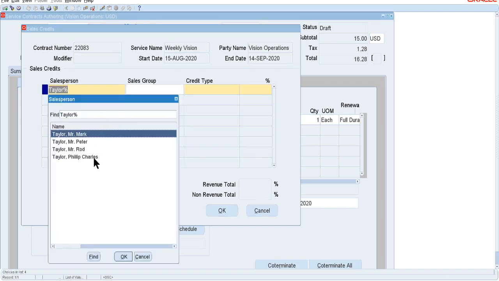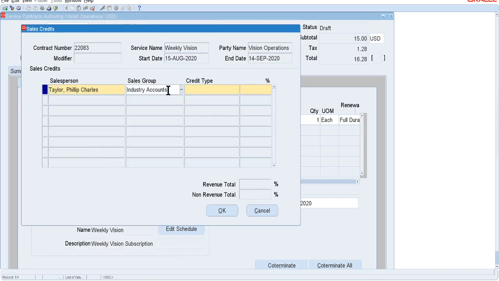Okay, I am taking this name, not industry, I am taking on the side. Take quota sales credit. Quota sales credit is 100%. I have filled only one line here for one salesperson.